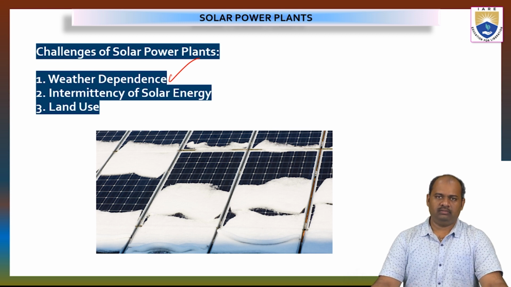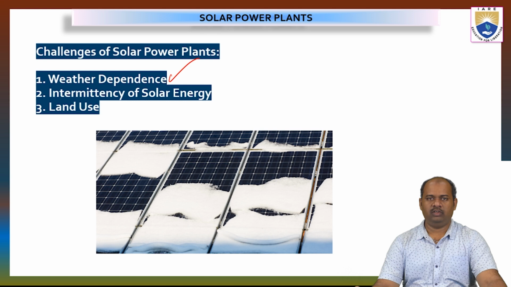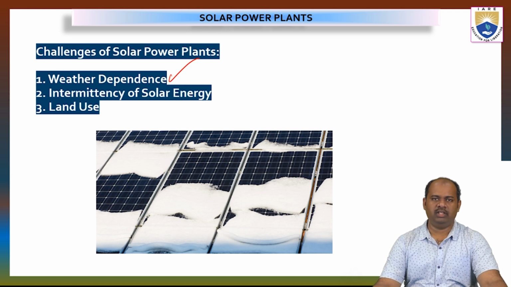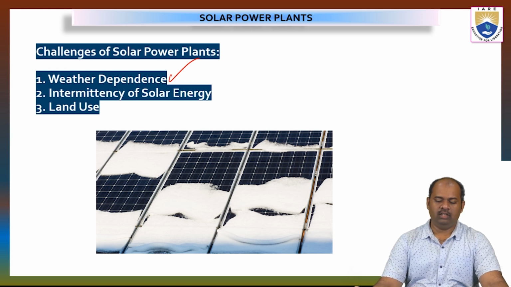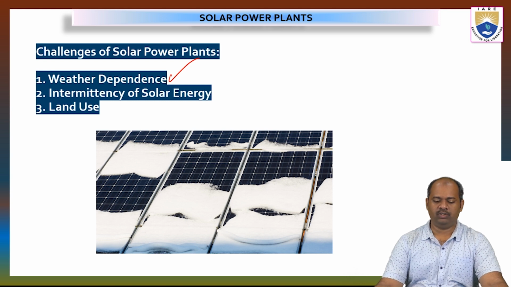Depending on the weather, the solar energy generation will be modified, or it will completely depend on the weather conditions. If the day is very hot and sunny, the generation of solar energy is more when compared to a day when it is raining, or a day in the winter